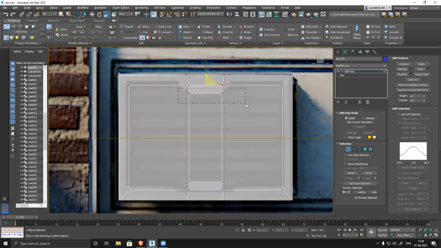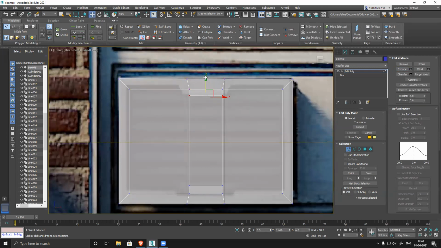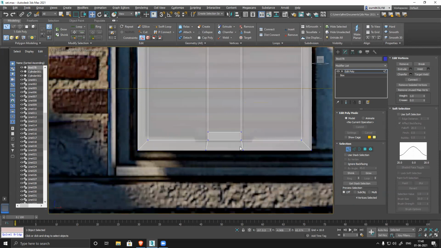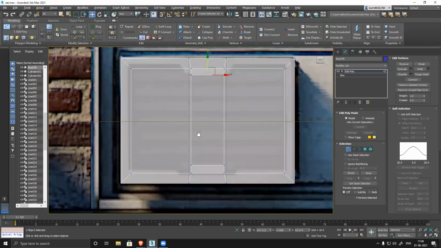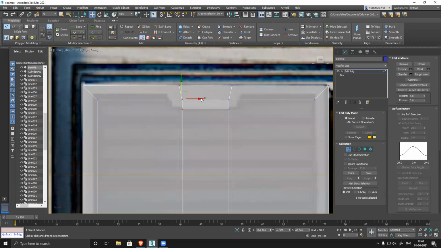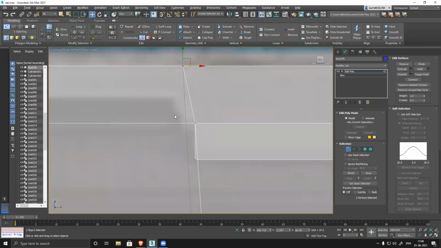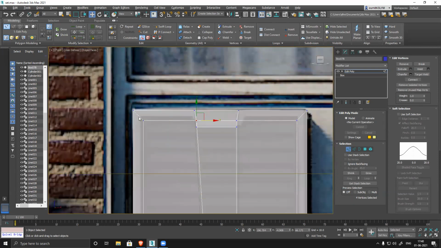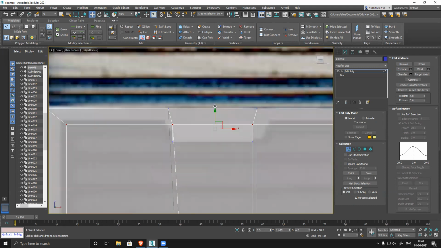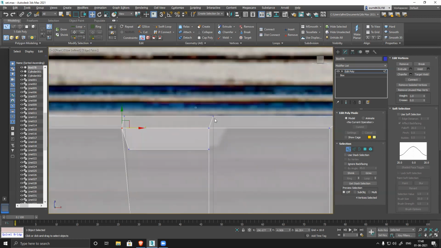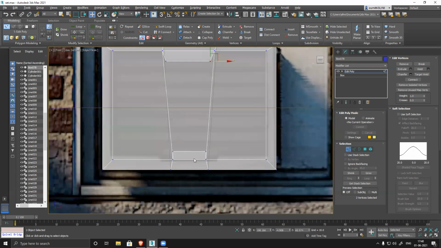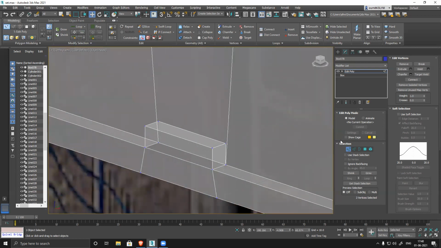Oh, extrude is on, my bad. Align it nicely. Oh, this part is going inside. It's my mistake. I have to fix it. And now I can align it very nicely without any issue. You can see this entire line, select it and move it up. Select this, move it outside. So I have to match the shape. So here I can see this is a mistake I did.